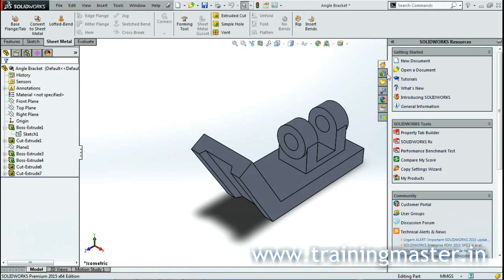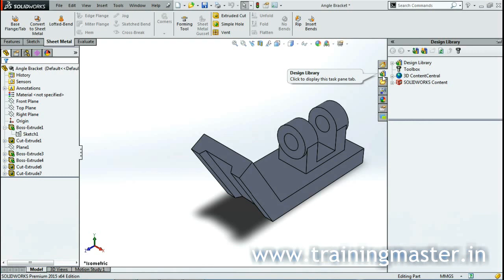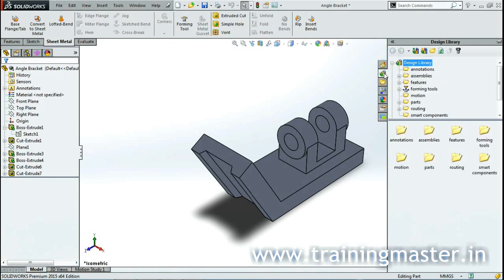We also have a selection for the Design Library. We can go off to different vendor sites and pull components into our parts and assemblies. We can also create drawing views, change appearance, and change custom properties. A lot of information here, more than we can cover in this lesson, but it gives an idea. You do have many resources in here.